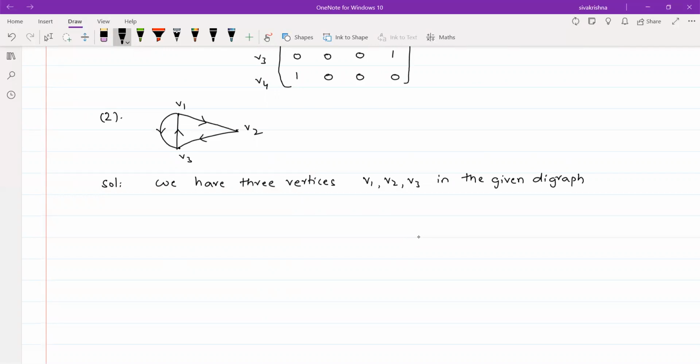Okay, so therefore the 3 by 3 adjacency matrix of the given digraph